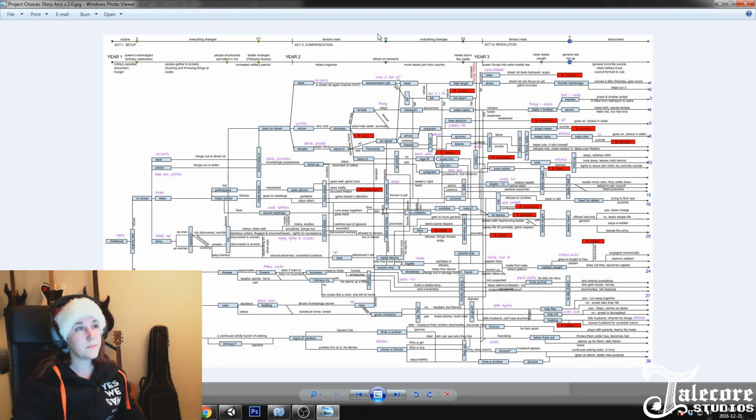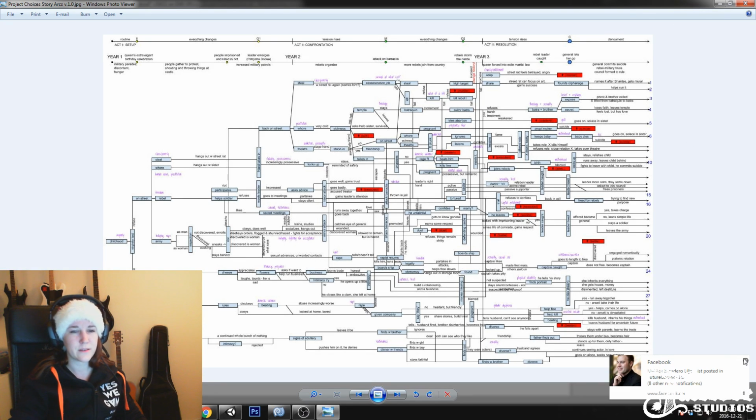Then Act 2, the tension rises. You have some kind of midpoint. Everything changes again, and then something happens again, and the tension rises, and then there is the conclusion and the denouement. Well, the end of the story. So that's basically it. I chose a very simple base structure for this because I knew that I needed to have a foundation that was pretty simple,